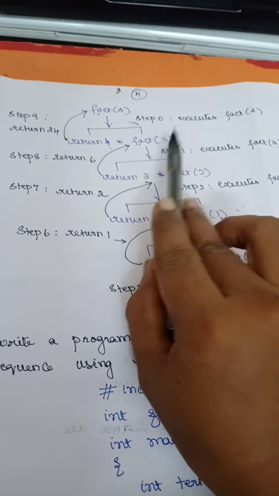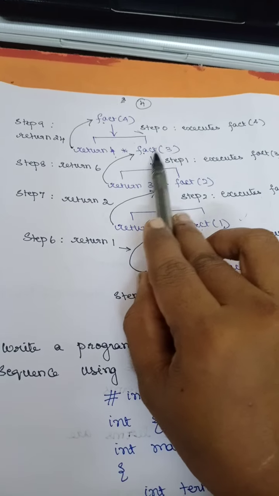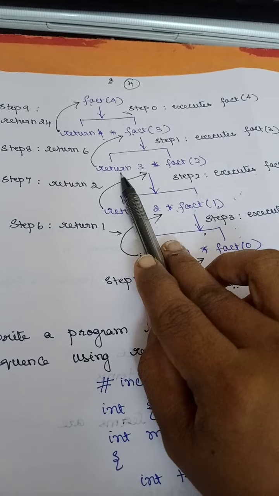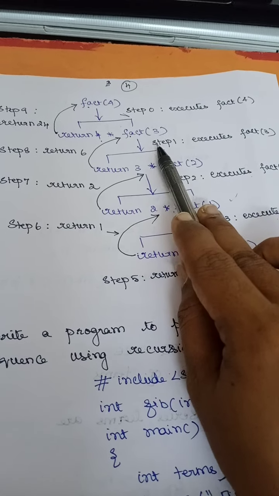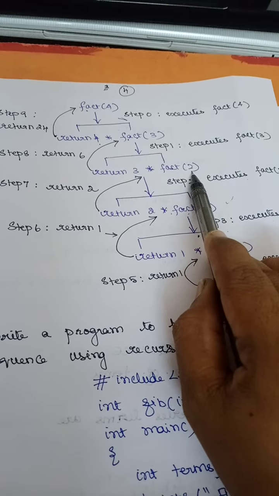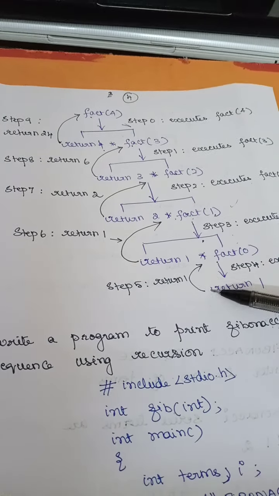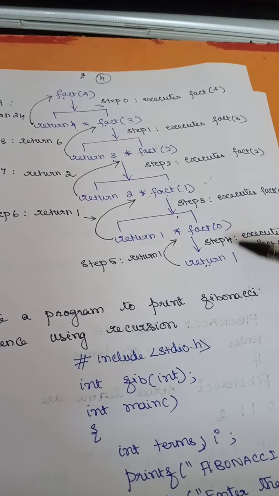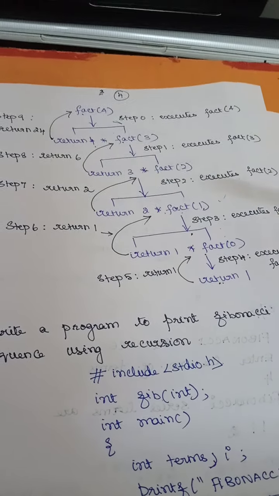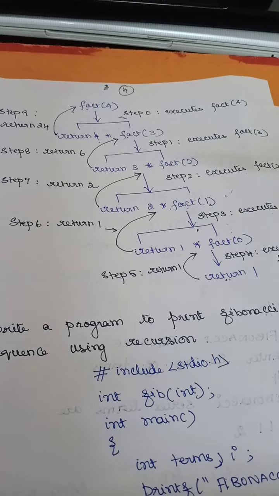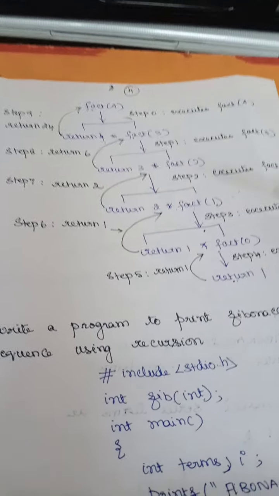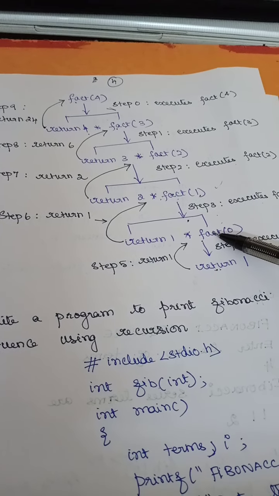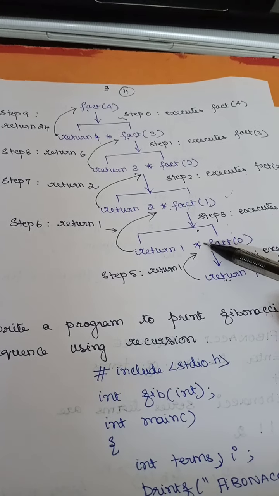You have 3. So 3 again is going to call by passing the num value to be 3. So again you have a return 3 star fact of n minus 1. So 3 minus 1 is going to be 2. So in the same way, once you have the return for fact of 0, the return value is going to be 1. Whenever you have a return, it is going to move on to the caller, right? So here this is going to return to the caller fact of 0. So return value is going to be 1.